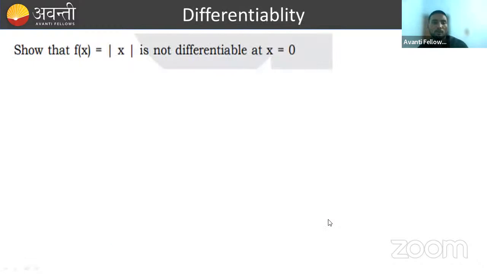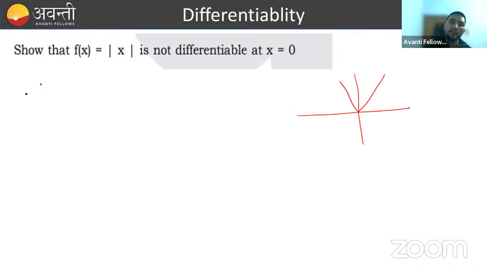Okay, so we can see the first problem. We have to show that f of x is equal to mod x is not differentiable at x equals 0, right? So what we need to do? We need to find LHD, right? We know the graph also, right? This is the mod x graph,